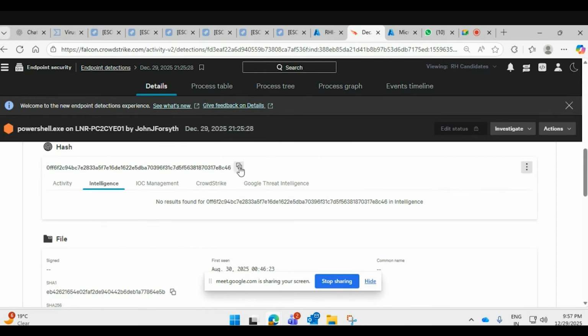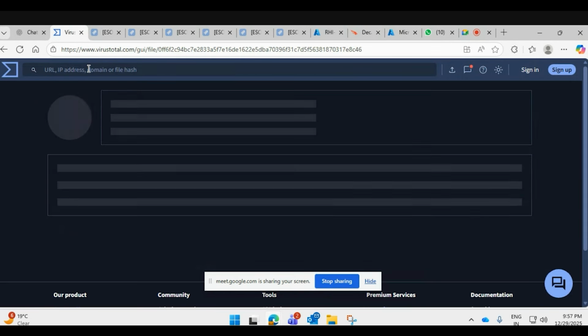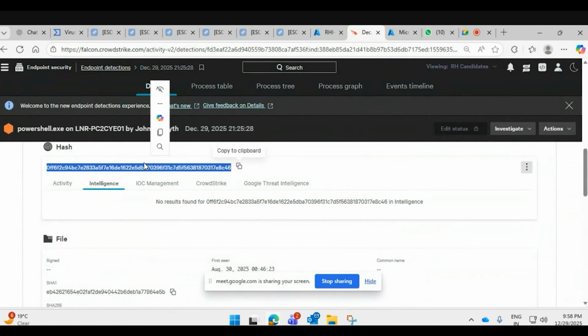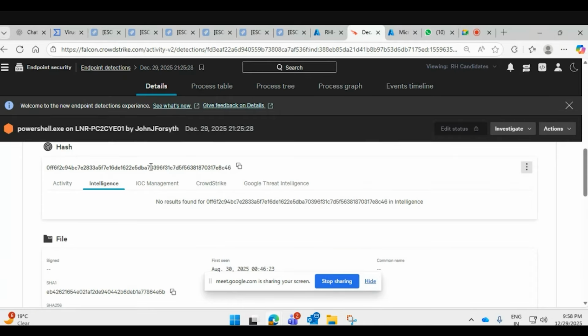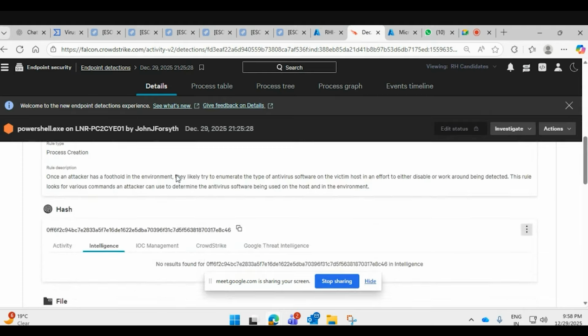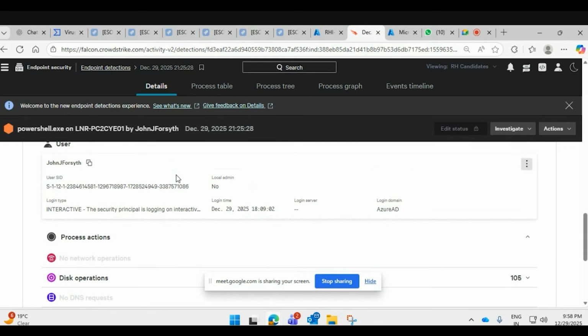As an L1 analyst, I also have to investigate the hash value. So I will just copy this hash, go to VirusTotal, and check on the threat intel platform. These are threat intel platforms, meaning global or open source platforms to identify whether the hash value is malicious or not. Hash value means the unique value of a file, which defines whether the file is related to PowerShell or some other file, right? In this way, you investigate your alerts, and accordingly you type in your notepad and